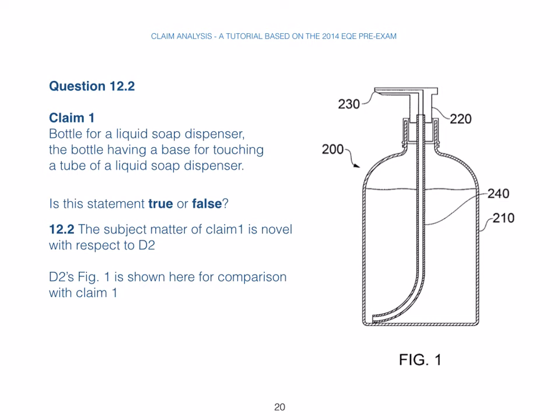We have now question 12.2, where we're concerned with whether the subject matter of claim 1 is novel with respect to D2, and D2's figure is shown in the drawing. D2 has a bottle for a liquid soap dispenser, which is 240, 220, 230. The bottle's base does touch the tube end. What do you think? Is the claim novel or not novel over this disclosure? Write down your answer and we'll go to the next question,